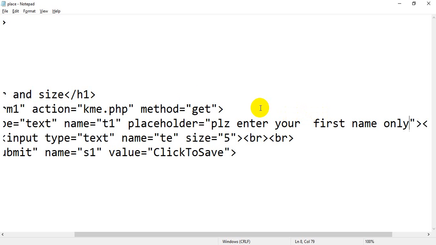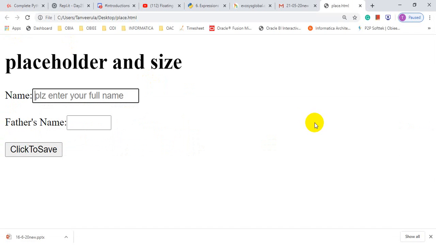For example, if you are interested only in accepting his first name, you can provide please enter your first name only. I go back to the browser, refresh the page. Now the content has changed: please enter your first name only. So this line helps the user know what type of value he has to fill while filling a form. It works as a helper, as a hint.